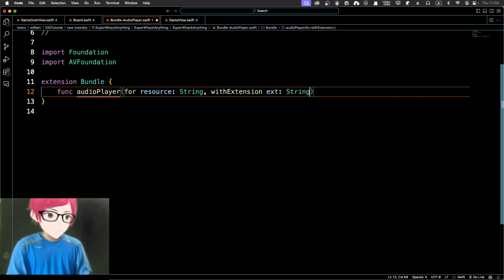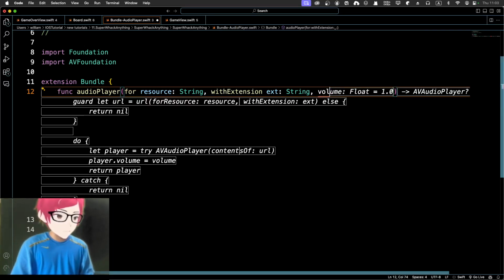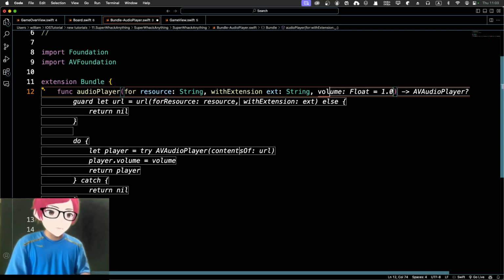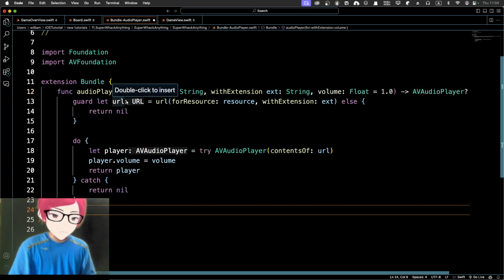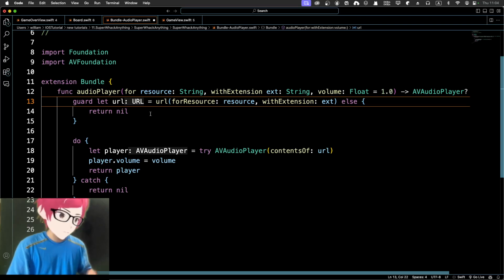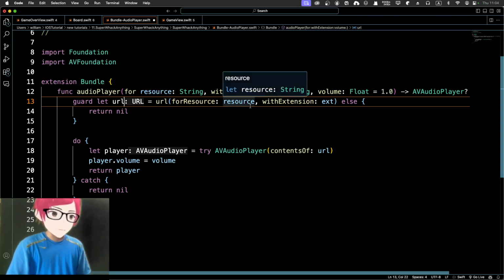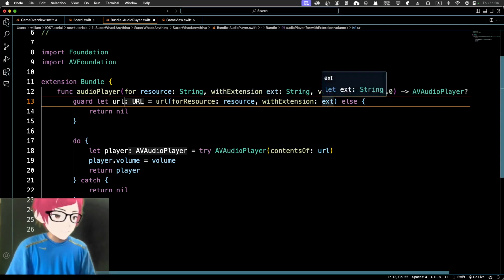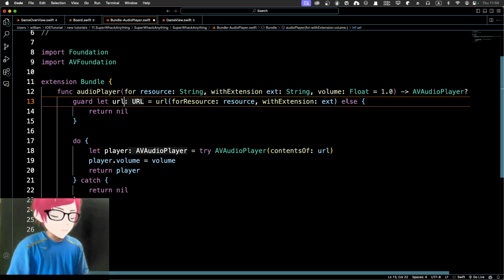Sorry, and then add a volume as well. Volume, Float, and audioPlayer. Guard let a specific URL. Let's accept this and check the logic just to double check. Guard let a URL, find the specific resource withExtension, extension, and else